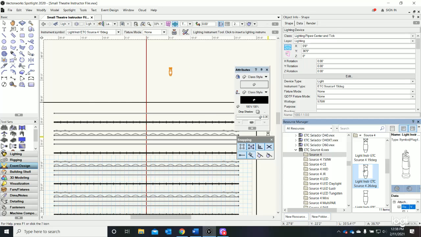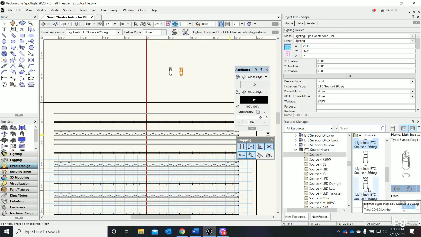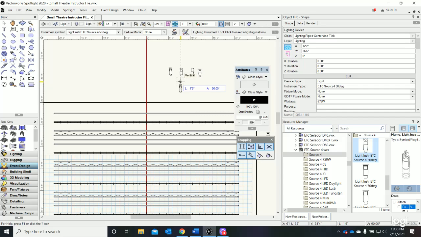And I'm going to grab another one, and I'm going to plunk it right next to it. And I'll grab a 36 degree, which is right below that. And I think that's going to be a handy fixture to have. And I'll grab a 50 degree. We'll grab a 50 degree, and we'll plunk it down into space. Right? And that's a double click, because when you click on it, the first time it puts its place in. The second click actually determines rotation. And for right now, rotation doesn't matter. All right, that's great. Those are our ellipsoidal reflectors, right? That's our standard